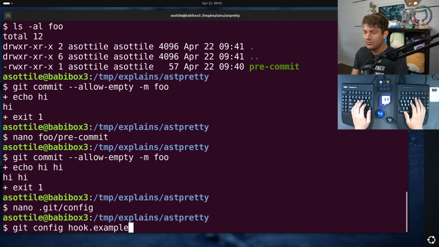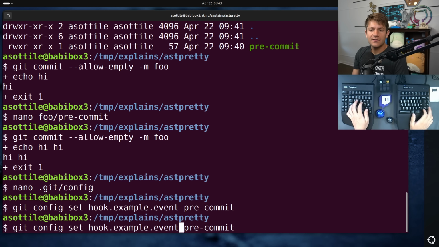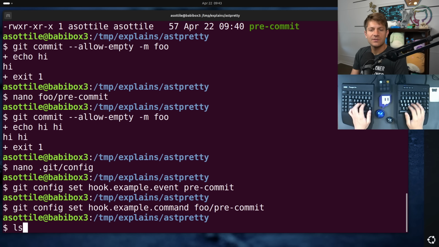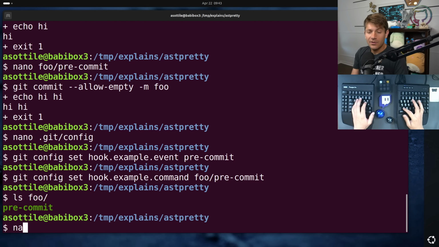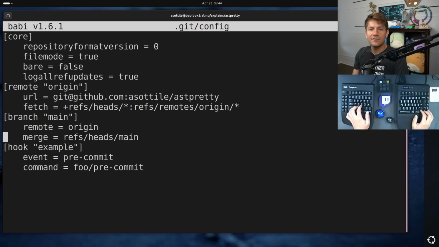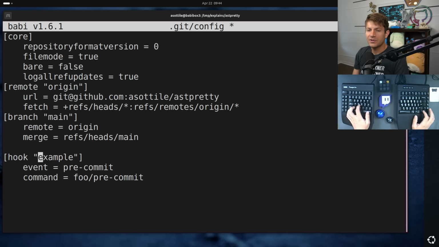These hooks have two configuration options, one being the event they trigger on, which can be repeated many times, or the command. So let's do git config set event, setting this thing to pre-commit. And we're also going to set the command to foo/precommit, just to have the same exact situation that we had here. Do we still have foo? Yeah, we do. Good. So now if we look at our git config, you can see that we have configured a hook down here. We've configured the hook named example, and it's triggering on the pre-commit event, and it's running